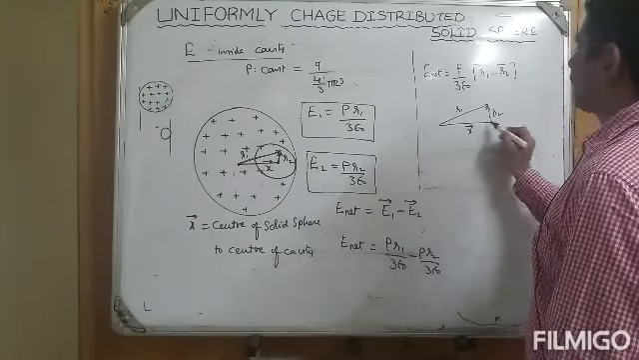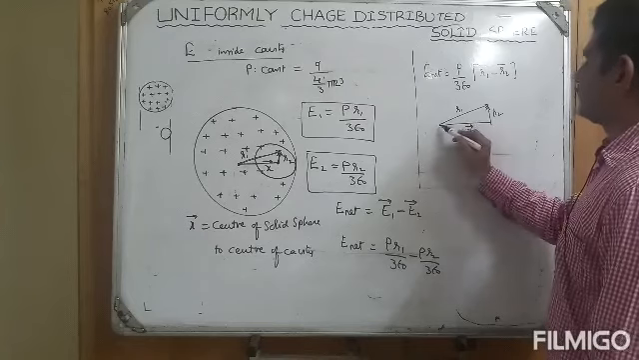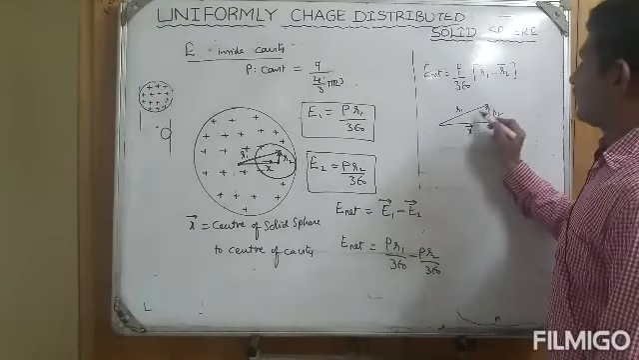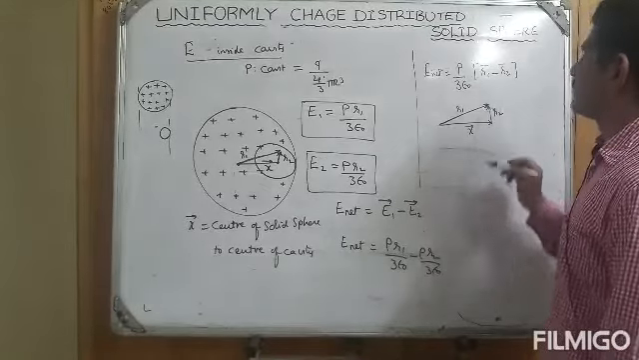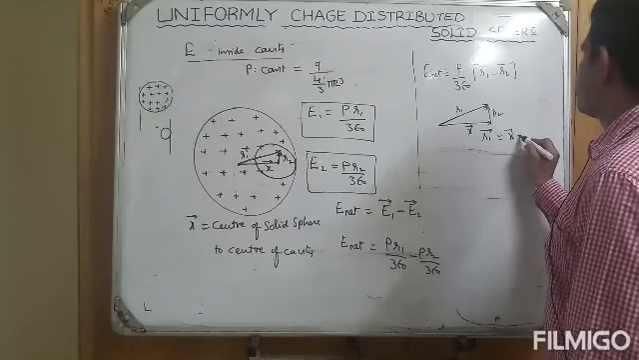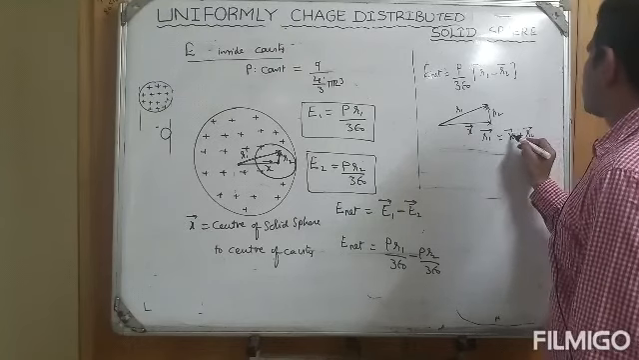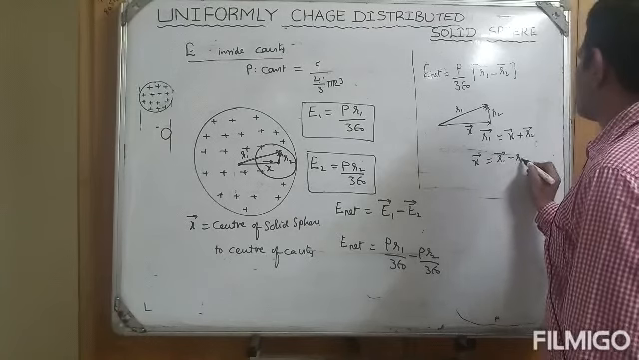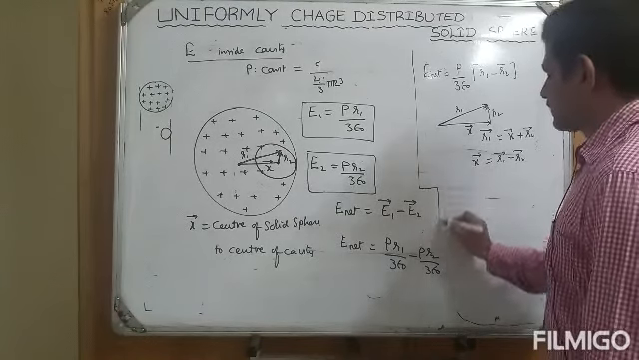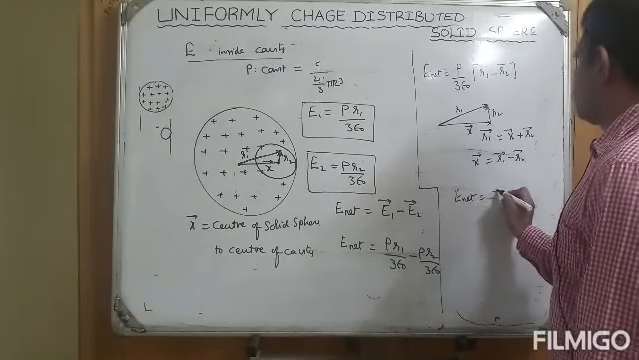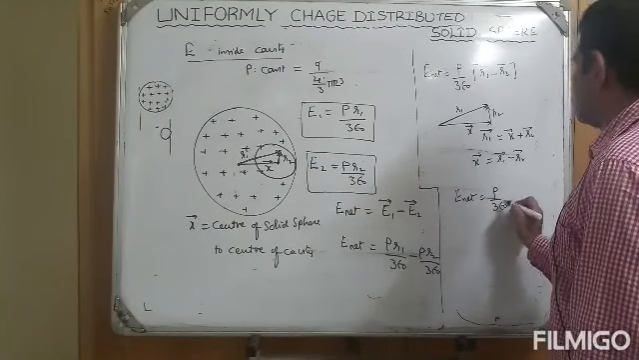From the triangle law of vectors, two vectors are taken as the adjacent sides of the triangle. The resultant is represented by this closed side. Therefore, R1 bar is equal to X bar plus R2 bar. Therefore, X bar is equal to R1 bar minus R2 bar. Therefore, the net electric field intensity, E net, is equal to rho by 3 epsilon naught